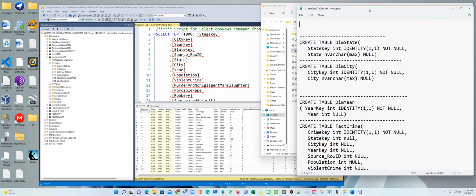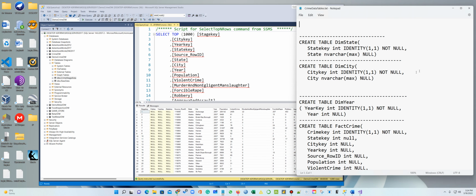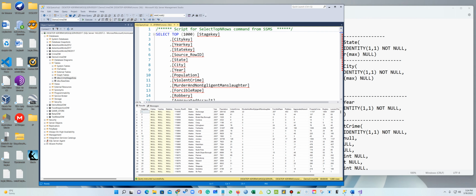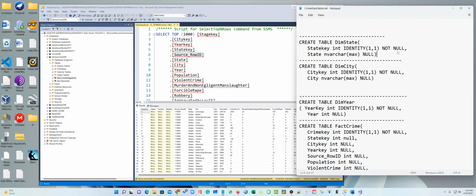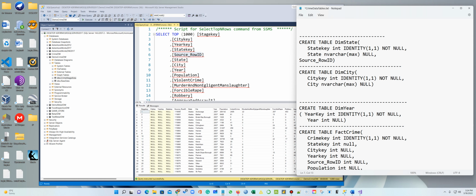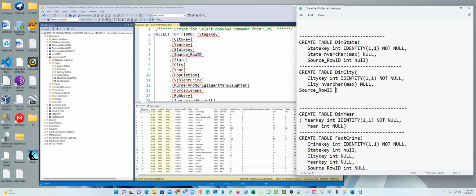I'm going to create all of them. Yes. However, I'm going to add what is the raw source ID here, and it is an int. Yes, it is an int. So I'm actually going to add this data as int and null to all my data. And why am I doing this? Because I had to find a way to match the data so I can update